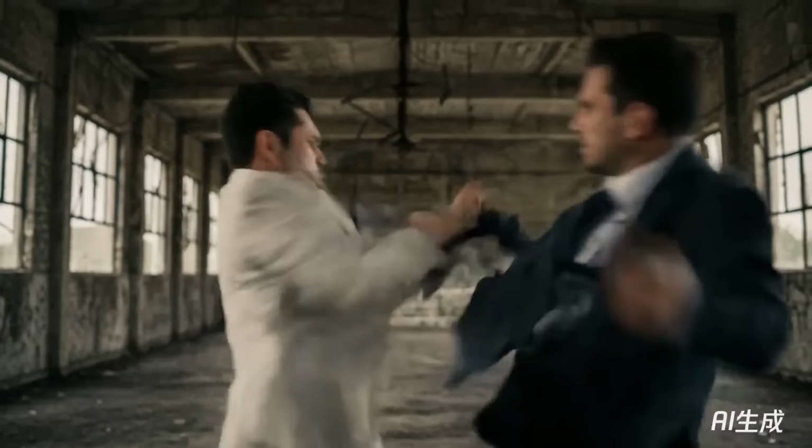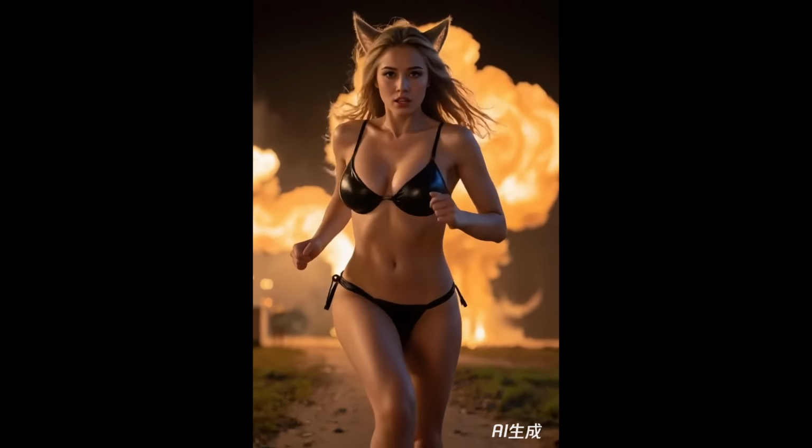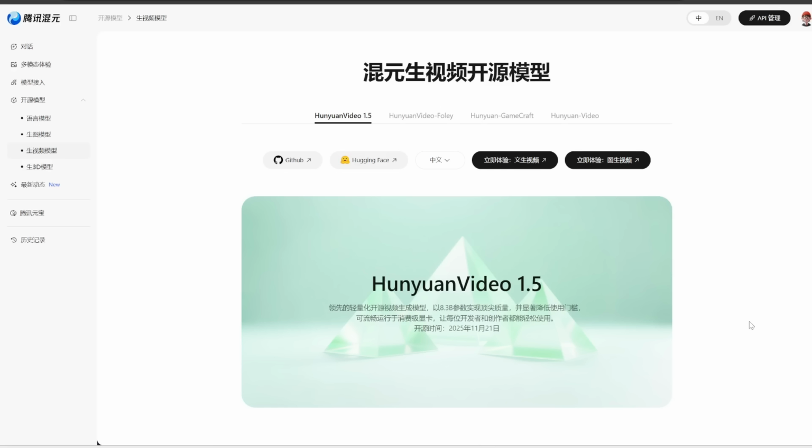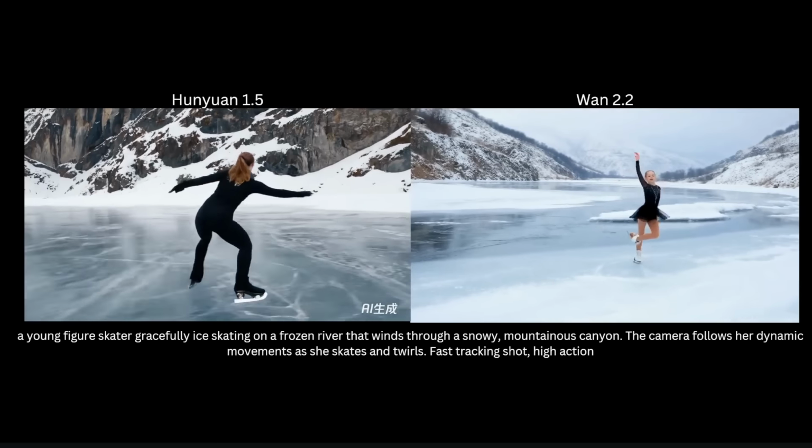We have a new AI video generator, and this might be the best open source option, especially if you have low VRAM. And yes, this is also uncensored. Trust me, it's the first thing I tested. So anyways, this is called HunyuanVideo 1.5 by Tencent, and in this video I'm going to go over what it